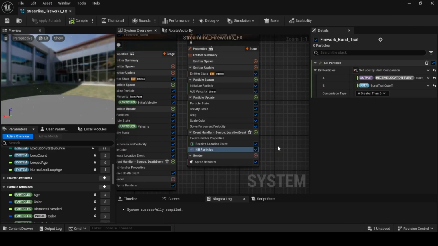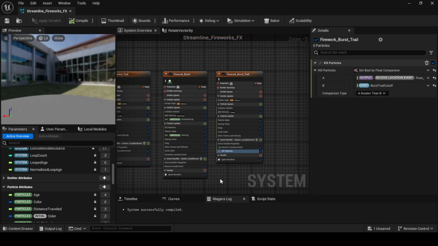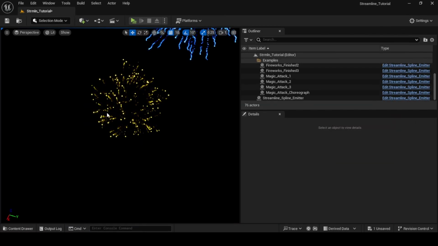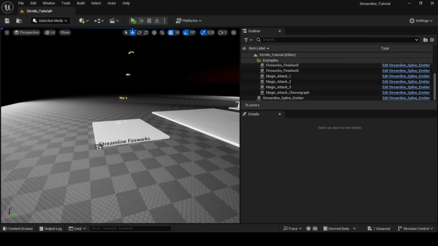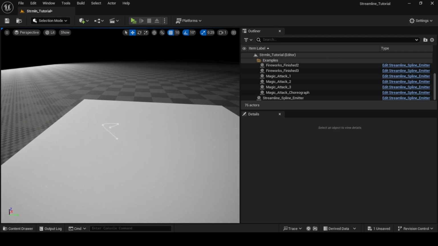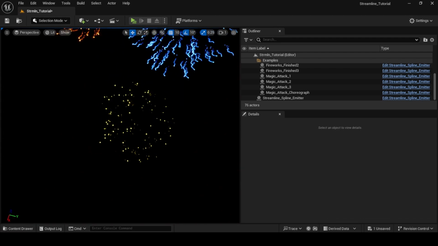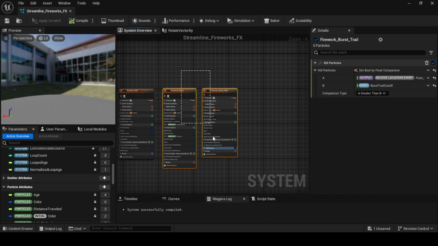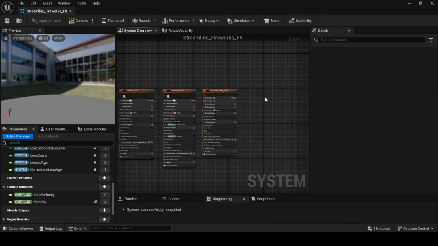So that is how you can create the basic firework using Streamline, and have the spline influence its velocity in the air. However, there's more you can do. This is a start, but what if you want to make shapes? To make the shape ones, you can actually extend this pretty easily. All you need to do is duplicate these,